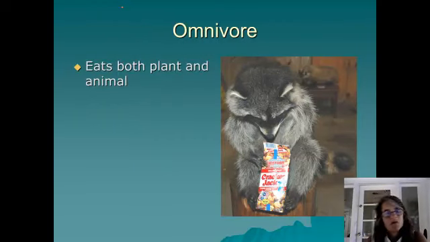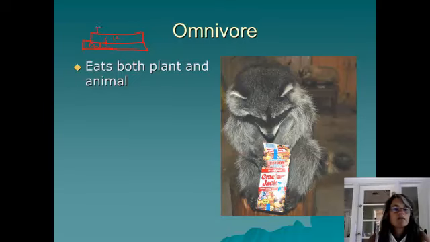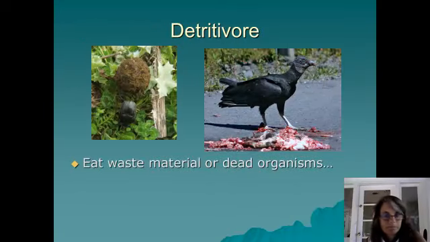All right, omnivores, okay? Cute little fellow, eat both plant and animal material. So an omnivore, depending on what he happens to be eating in a given day. So if these are my producers here, I could have an omnivore who is eating plant material and thus be acting as a primary first level consumer, or you could have an omnivore that on a different day is eating a consumer. And so he might be acting as a secondary consumer.